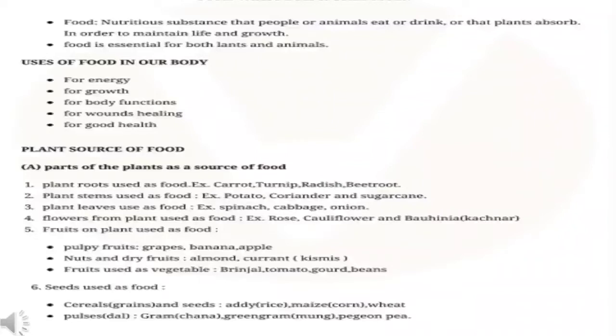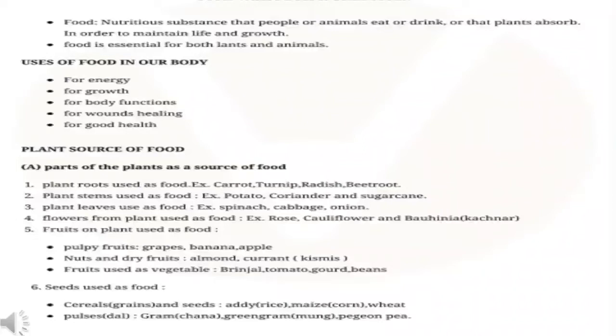And on the basis of that we can categorize animals into producers and consumers. First, producers can prepare their own food, for example, green plants. Consumers are the animals which depend on green plants for the requirement of food. So on the basis of types of food consumed, people are categorized as vegetarian and non-vegetarian.